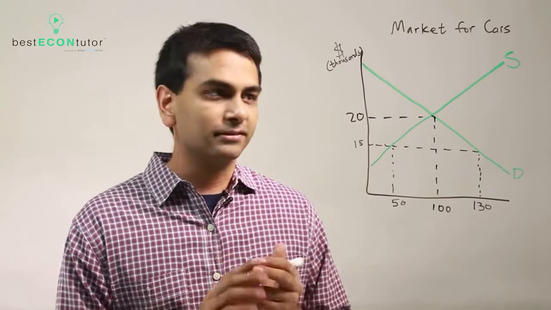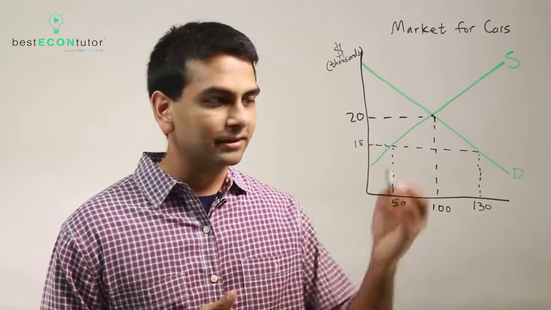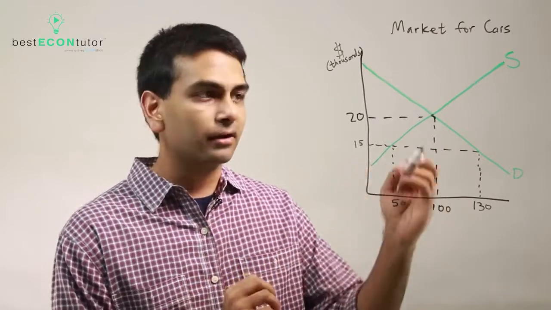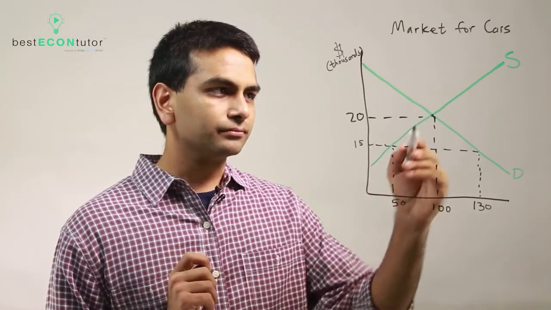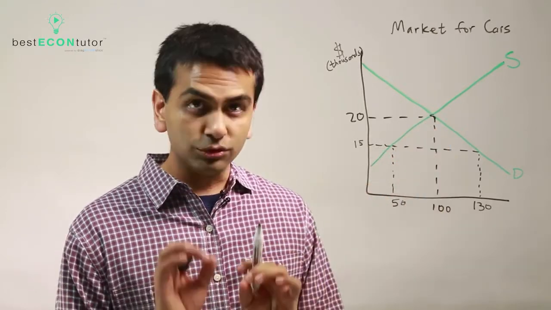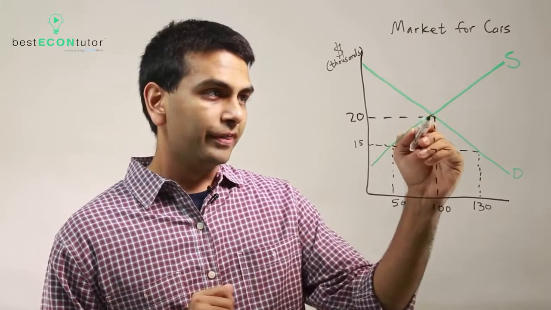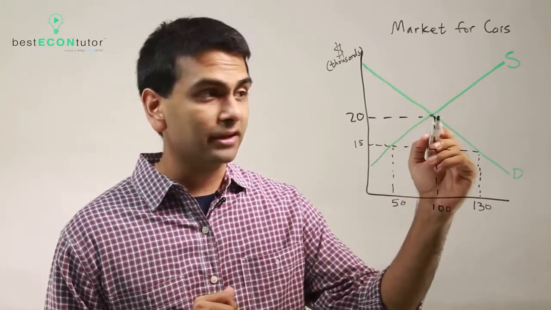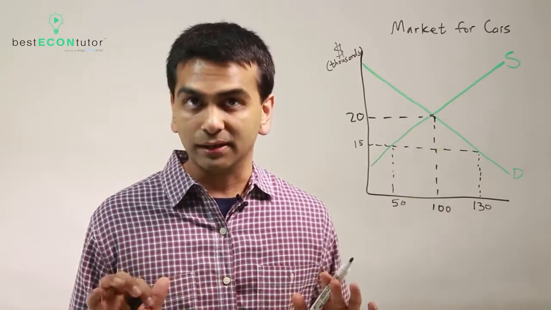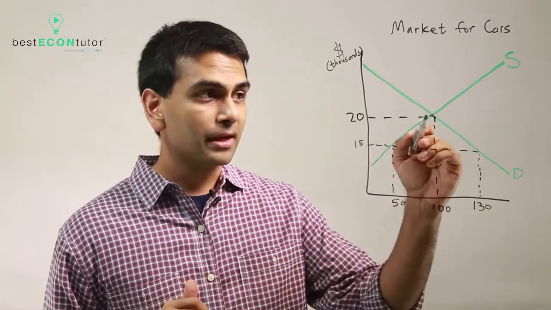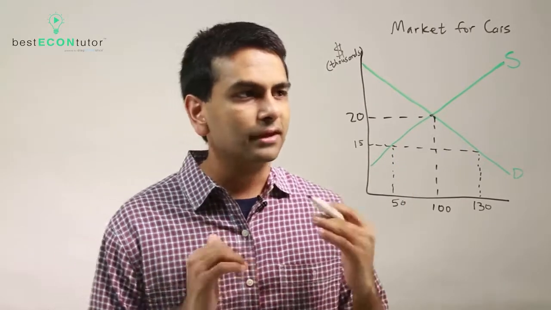So as a consequence, let's see what would happen when this is the market for cars. Let's say 100 cars are being sold in America for $20,000 each. Now, the weird thing is this: usually in most of everything we've seen so far, this point where the supply and demand intersect is the best possible point. That's where there is no deadweight loss. As we'll see here, there actually is going to be deadweight loss over here. But let's go step by step.